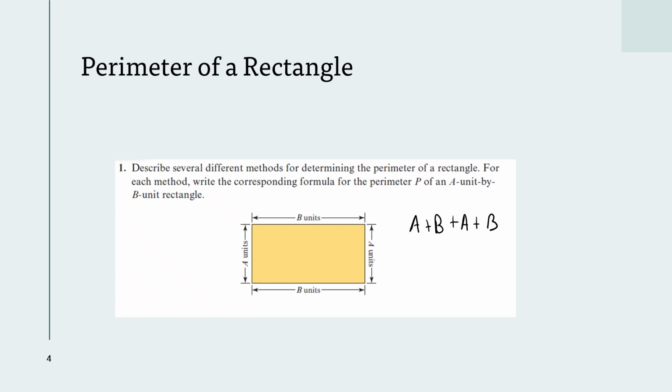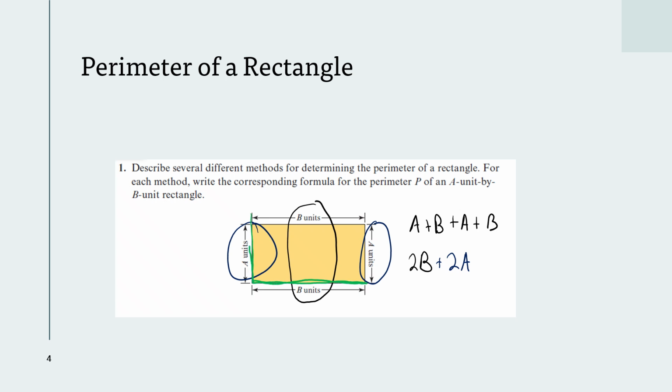And so I can think of this as one way of doing it, or I can say, hey, I have 2 of these and 2 of these, so that's my perimeter. A third way of thinking of this is recognizing that this rectangle is made by these 2 green L's being connected. So I know the length of that L is A plus B, and 2 of them make up the whole